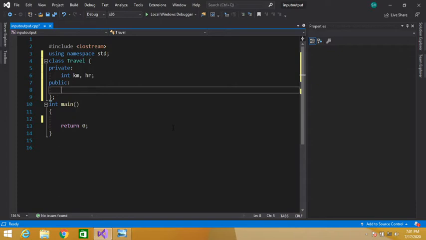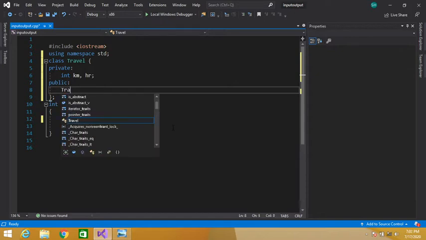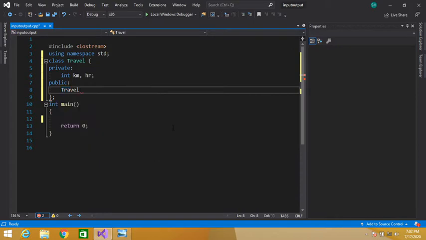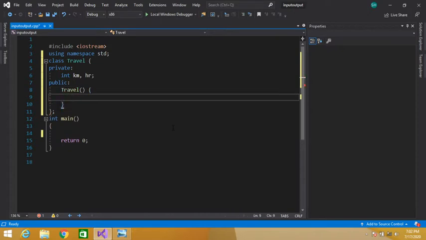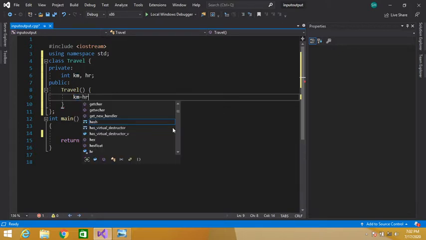First, let's initialize these data members in our constructor. So write the name of our class, Travel, and here we will initialize our data members. km = hr = 0.